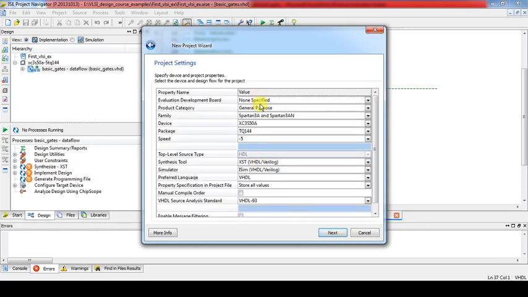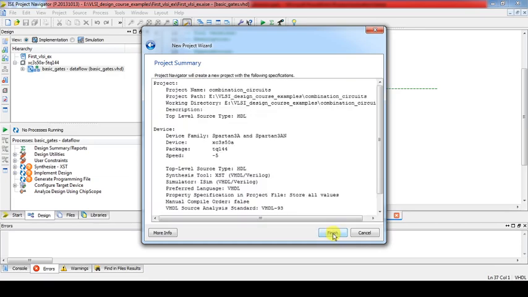Next, we are going to keep all these parameters because, as we already stated, our development board contains a Xilinx Spartan 3A family FPGA, its device is XC3S50A, and the package is the same. So everything we are keeping the same. For more details you can go back and see our previous video, introduction to the Xilinx ISE, where we have covered all these things. Then finish.